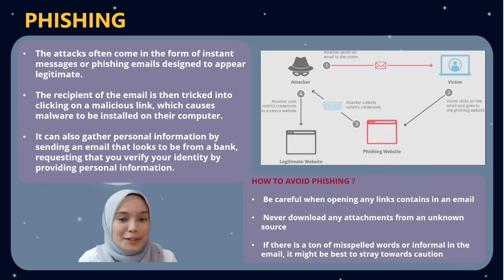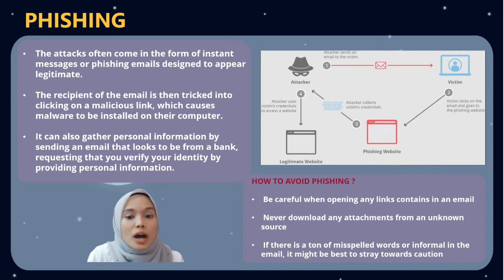So, how does the attacker do it? Firstly, the attacker sends an email to the victim. Then, the victim clicks on the email. In this case, the victim may not be suspicious or make a bad assumption, as the email looks exactly the same as the legitimate one they think of. Maybe it is such a common thing to update the information. When the user clicks on it, it may link to the phishing website. The victim fills in all the information given, and here is how the attacker collects the data from the victim. If it is successfully submitted, the attacker uses the victim's information to access a legit website.